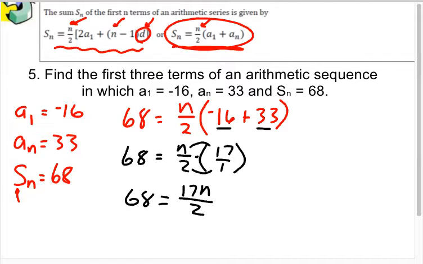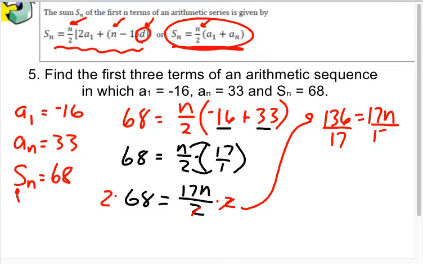How am I going to solve this? I would think multiply both sides by 2. Get rid of your fraction here. These cancel out. And I get 136 equals 17n. Divide both sides by 17. N equals 8. So from all that, I got n equals 8. We solve for n. So you can use these formulas for other things than just finding the sum of a series. Anyway,